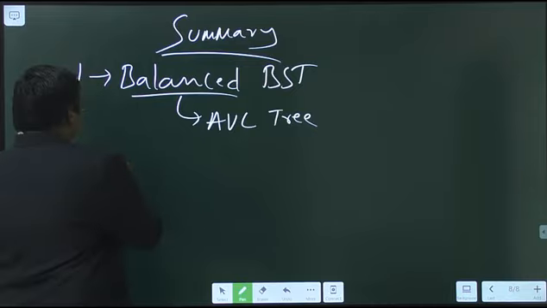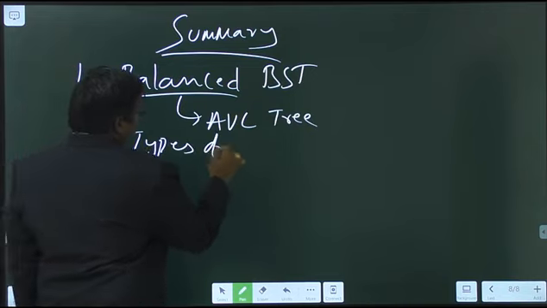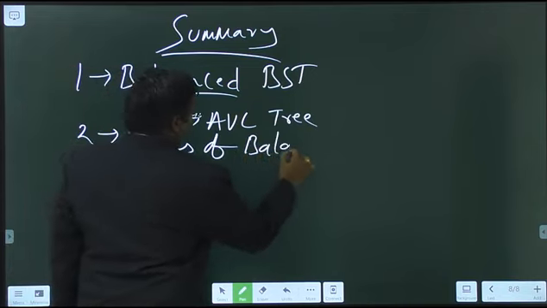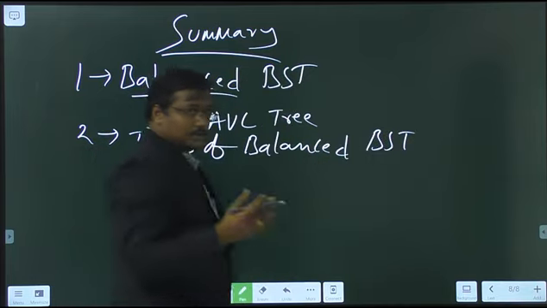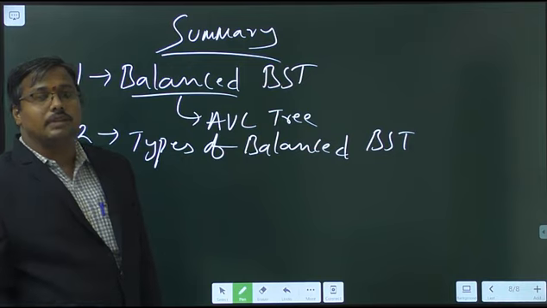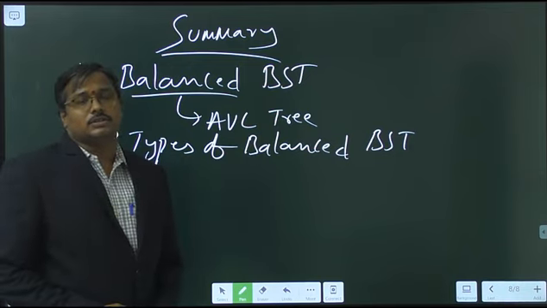In addition to this, I already discussed the other types of balanced binary search trees, that is red-black trees, splay trees, B trees, which are already in your second semester syllabus,